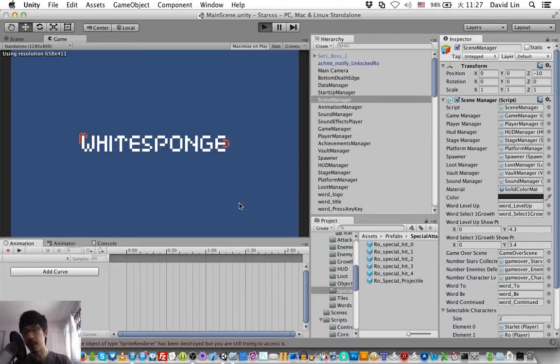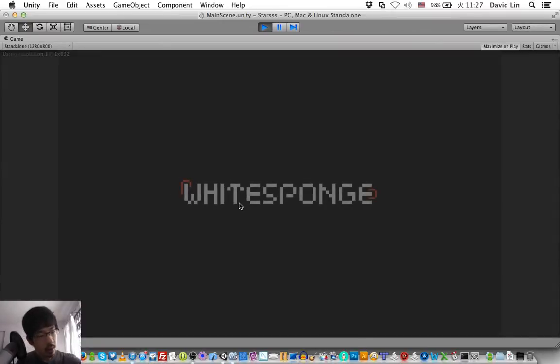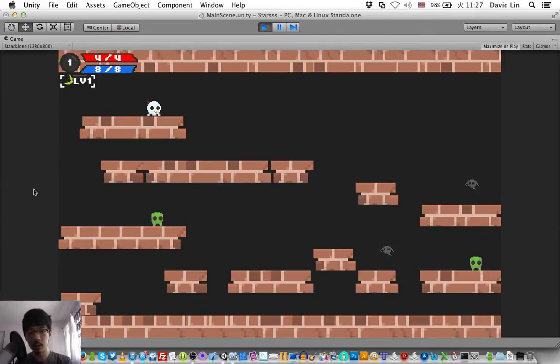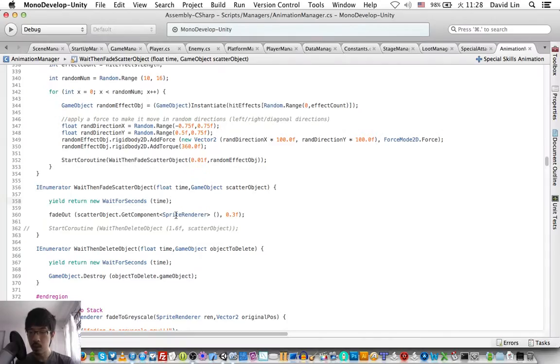Okay, let's try without deleting the effects, since the game is complaining about the objects getting deleted. Oh, did I not?